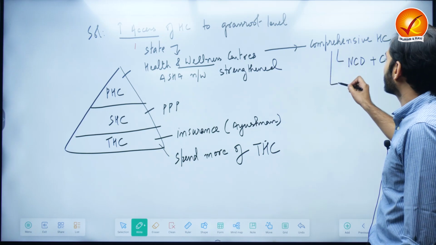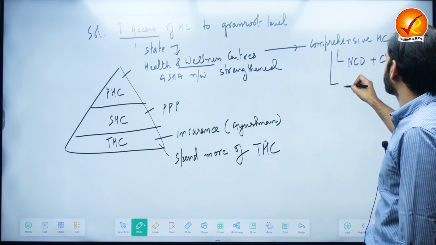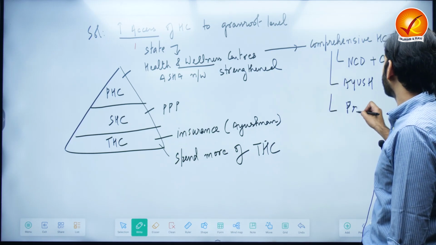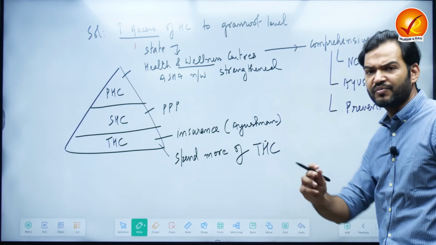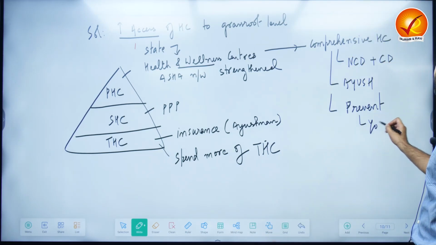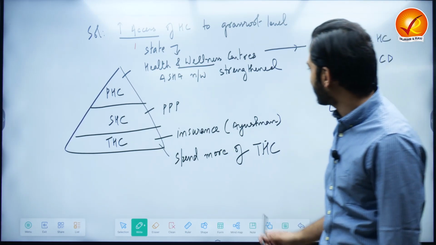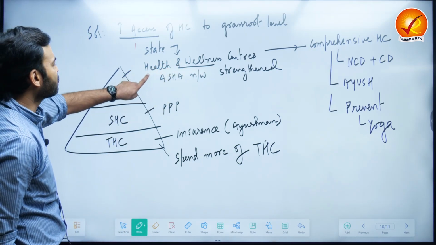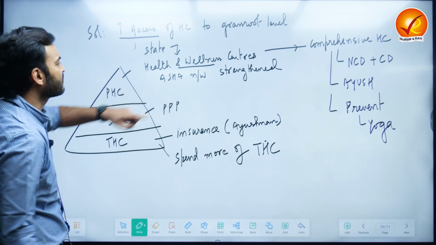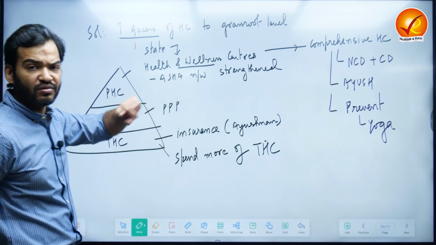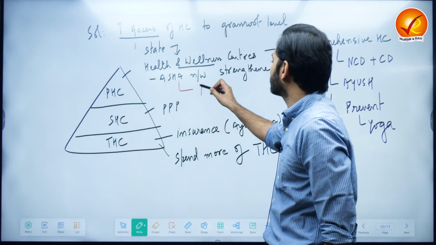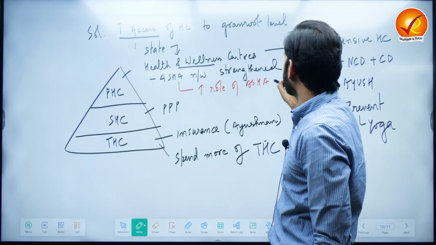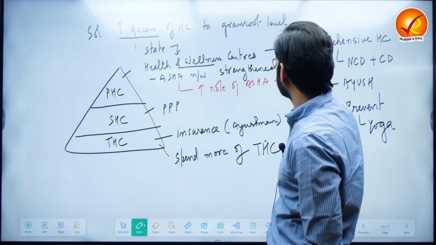Moreover, comprehensive healthcare through health and wellness centers also includes integration of Ayush healthcare. It also includes preventive healthcare. Preventive healthcare means बीमारी हो ही ना आपको, for that the government is organizing yoga camps through health and wellness centers. So comprehensive healthcare at grassroots is given through health and wellness centers. Then the government can also strengthen the network of ASHA. They can also increase the role of ASHA, train her as a nurse also. This can also be done.